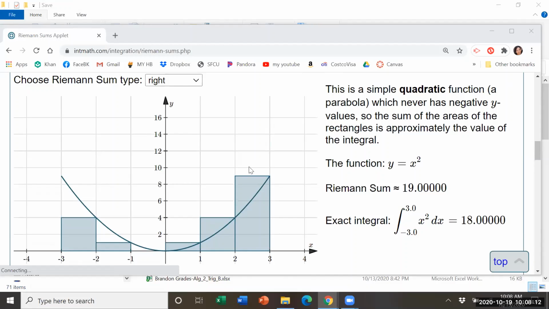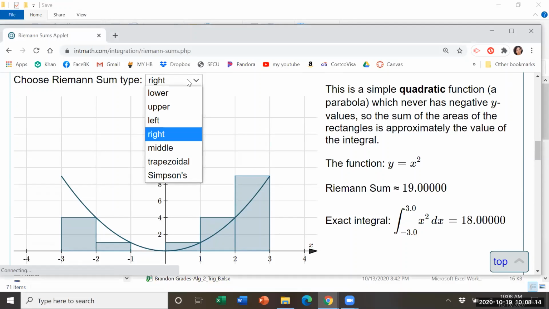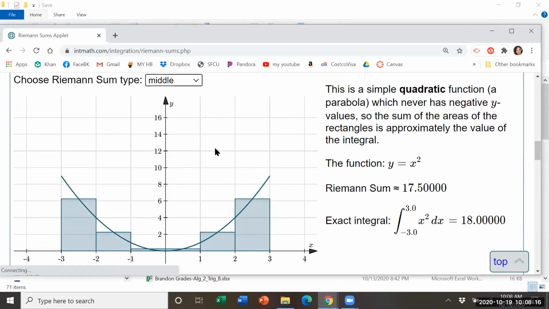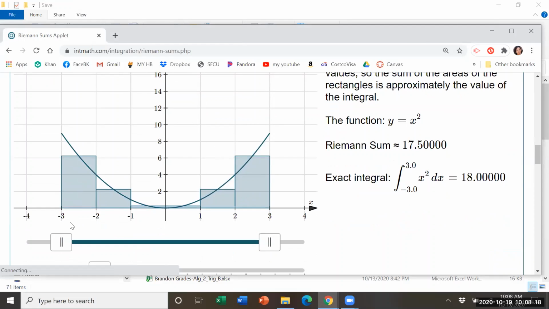Okay, so the hardest one that I think for students to picture is not left and right, but the midpoint one. And the midpoint one is we're still using the same subinterval. So 1 is still the width of each rectangle, but instead of the left and the right determining the height of your function, it's the midpoint. So here at -2.5, the y value at -2.5 is going to determine